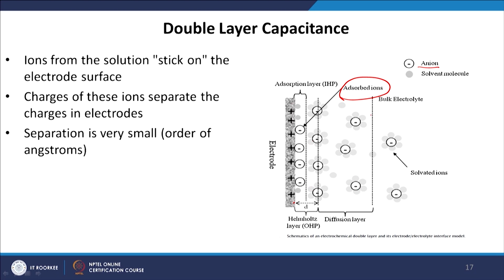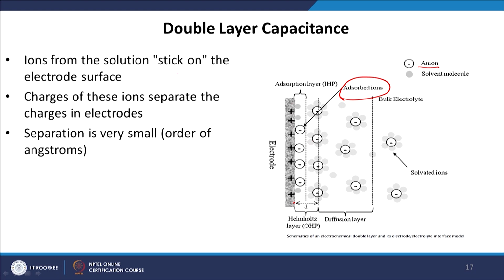In this area there is free diffusion of the ions, but once you come to the dotted boundary, these ions are attracted by the electrode. They are not adsorbed on the electrode surface, but they stay in the vicinity of the electrode, and they cannot go outside either. So these two different layers of ions give rise to two different capacitances, and that is called the double layer capacitance. This distance is the Helmholtz layer. Beyond the Helmholtz layer you have a diffusion layer.